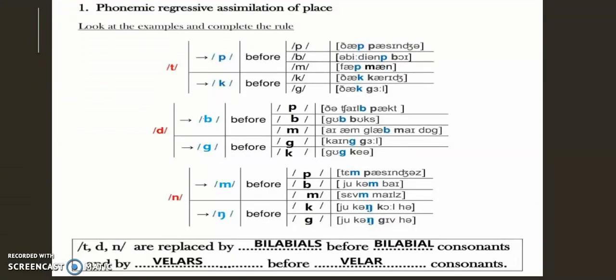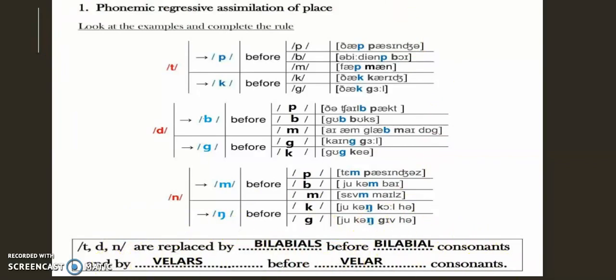So we have seen so far that alveolar sounds t, d, and n are affected by their neighboring sounds, that is, by the initial sound of the following word. Actually, what happens to them is that they change into new sounds, taking the place of articulation of the following sound. So it's not that you have to remember all these cases. What you need to remember is the information